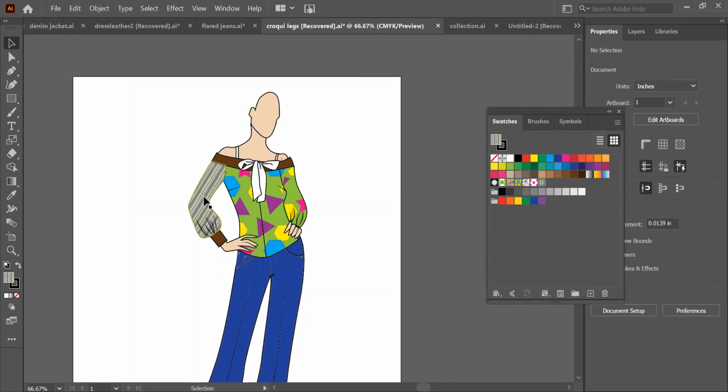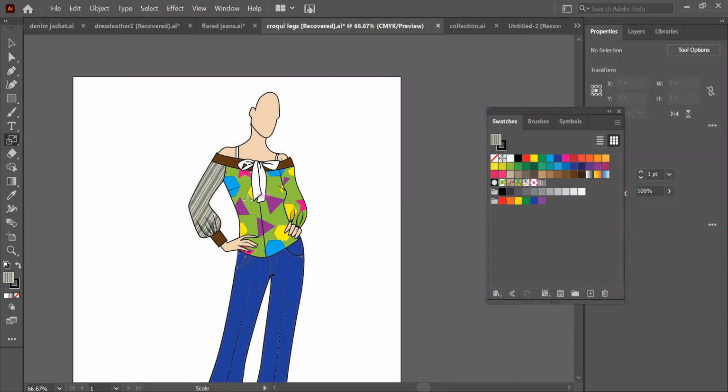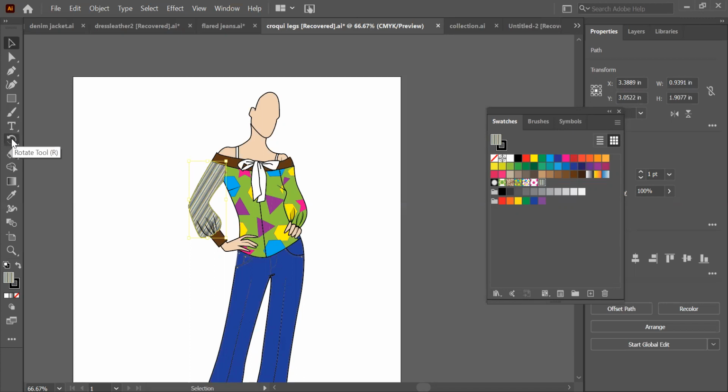So this is the scale that I want, and I can rotate it. First I have to go to the rotate key, then hold on to the tilde key. I need to click on the sleeve first, then go over to the rotate key, hold on to the tilde key and just move my pattern like this.